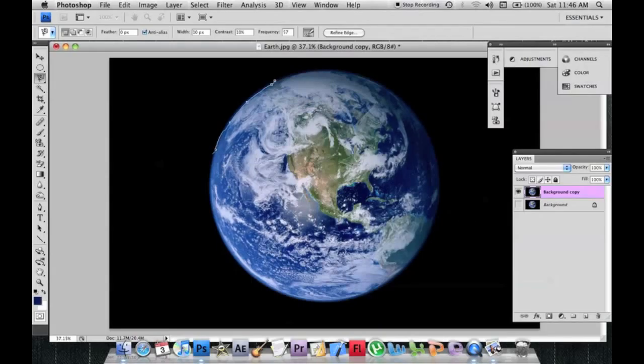As you can see, it's following the line of the Earth. That's because, like I said, the left side is a very, very dark black, whereas the right side is a light blue. That's pretty much all it does. Okay? Pressing Enter